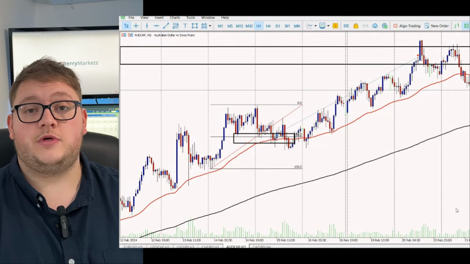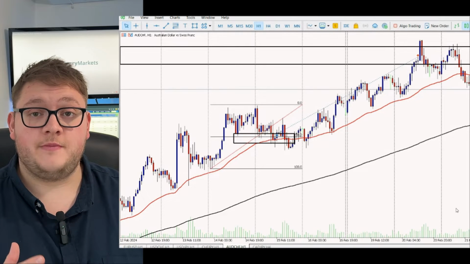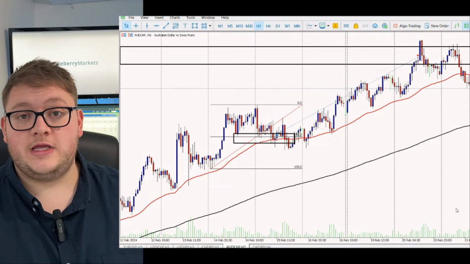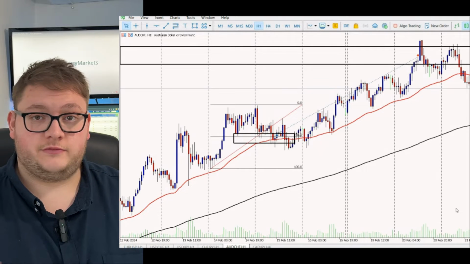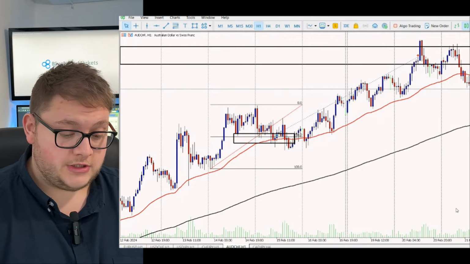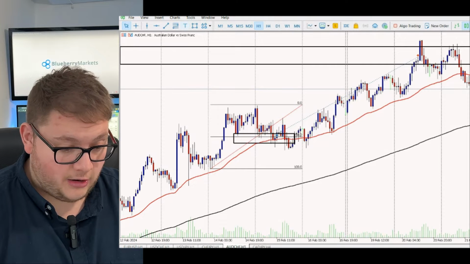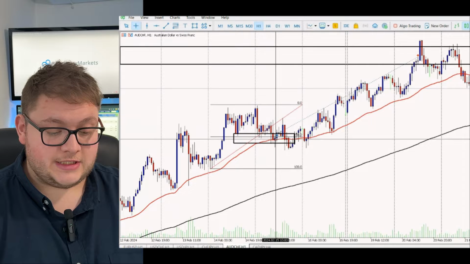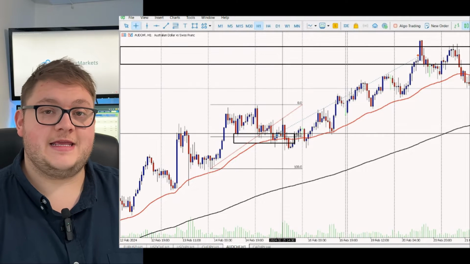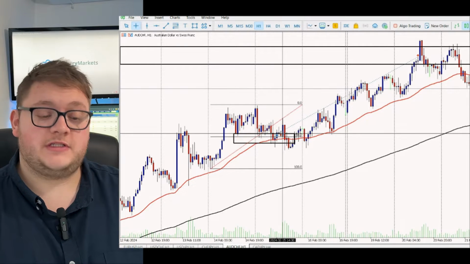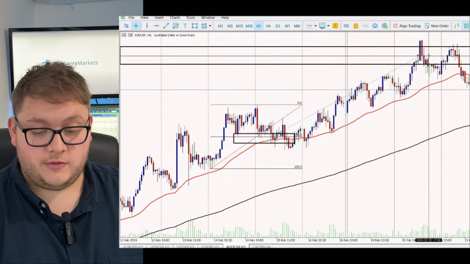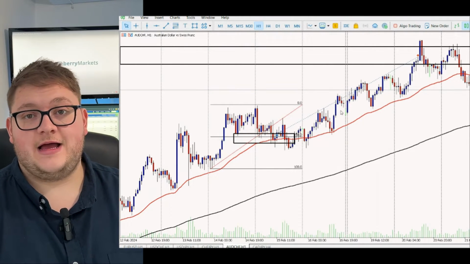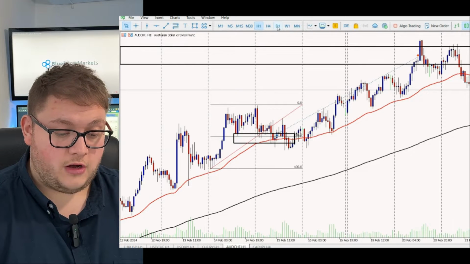and I bought Aussie Swiss because the currency strength meter at the time told me that I wanted to be long Aussie Swiss. The Swiss franc was weakening at the time. The Australian dollar was finding some support. So on the day of the 15th of February, I went long on Aussie Swiss. I went long at 0.5740. My target was 0.5780. And the reason why I was targeting that area was because it was a level of